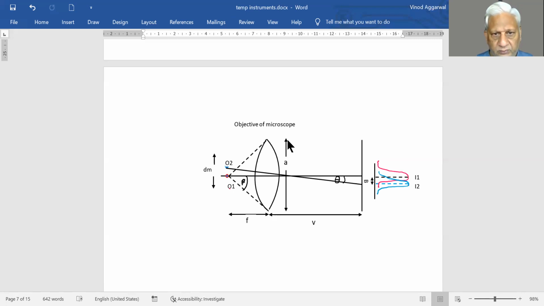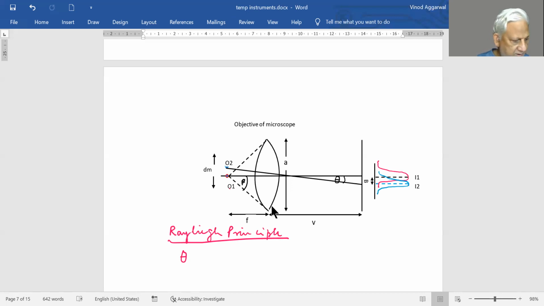A is the aperture of the convex lens. F is the focal length of this convex lens. And we view our image of these 2 points here at a distance V from the lens. Then according to Rayleigh's principle, we cannot resolve any angle subtended less than theta, which is given as